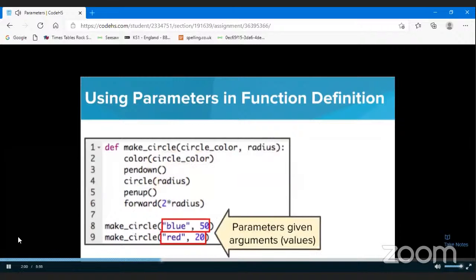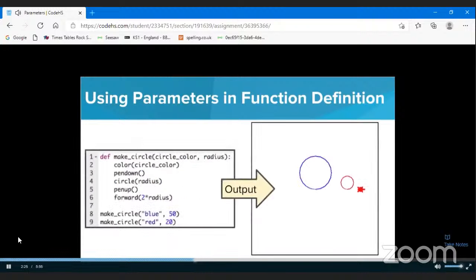In our function call, you'll see that we have provided the 2 arguments to be used throughout the function. We are first using blue for our circle color parameter and 50 for our radius parameter. Tracy reads the arguments in order and assigns them to the parameters in the same order. After the first function is complete, the same function is being called, but instead with red for the circle color parameter and 20 for the radius. When we run this code, this is the output we get, and we did it all in just 9 lines